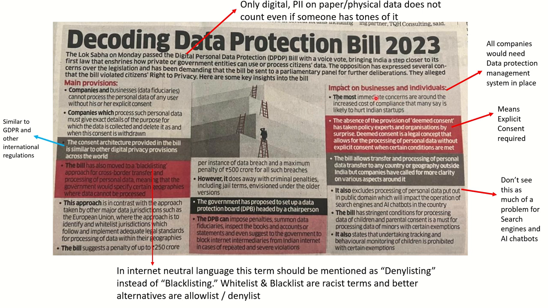Impact on business and individuals, we will discuss this on the next slide. The bill allows transfer of processing of data in any country as of now, as I stated earlier. So companies and organizations have called for more clarity on this. The bill also excludes processing of personal data which is already available on the public domain, and so this will impact AI chatbots and search engines in a positive way.